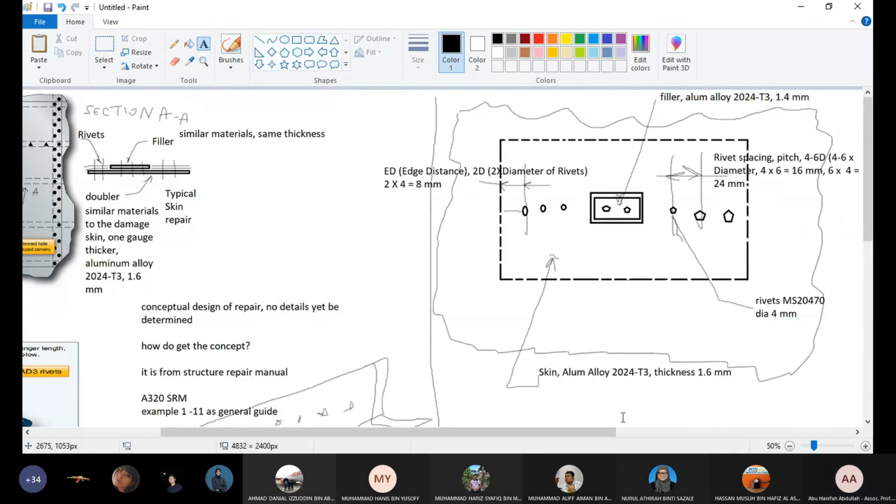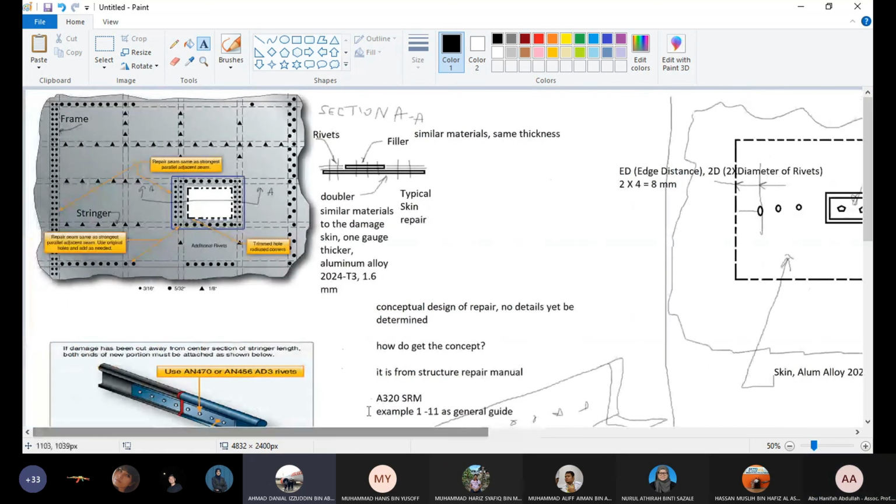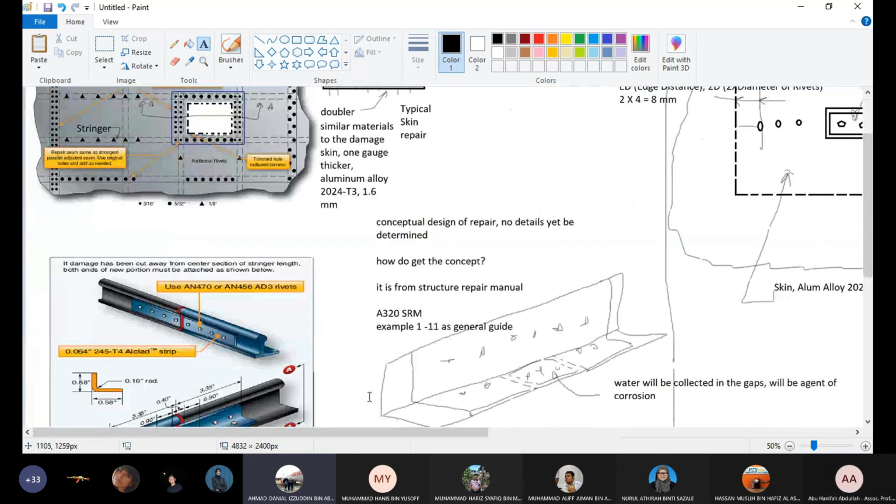Questions? Sorry. Yep, questions. For the conceptual design, after we did the conceptual design and as well the detailing, do we need to